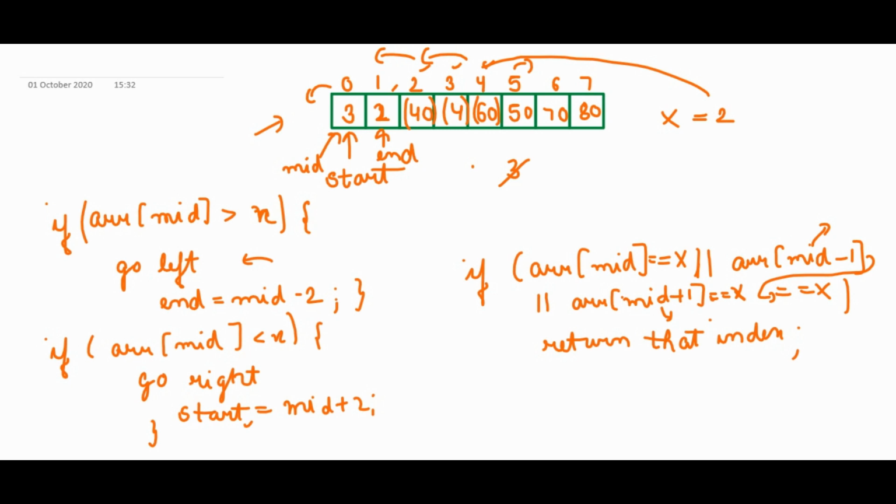And we have to stop when our start becomes greater than end. Okay, so this is a simple binary search algorithm that we have to follow, just with some modifications. I think you have got it. And let's see the time complexity as well. It will be big O of log n because we are using binary search. Okay, thank you.